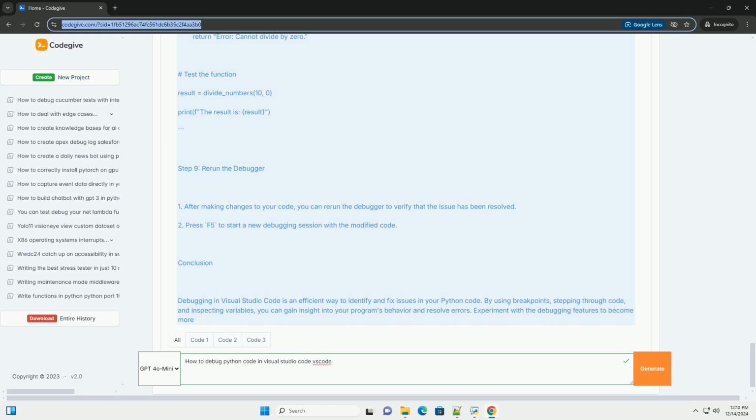Python: def divide_numbers(a, b): return a/b. Test the function. result = divide_numbers(10, 0). This will cause a ZeroDivisionError. print(f"The result is {result}")